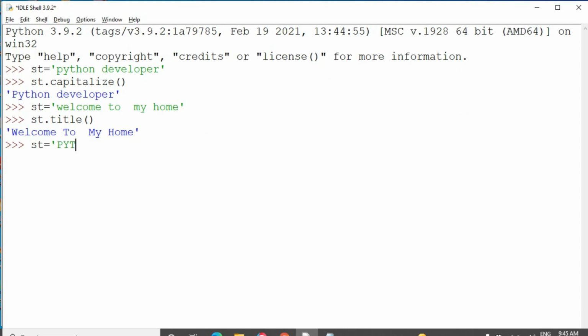I am taking the string as "PYTHON". Now I am applying the lower function, st.lower(). Look here, all the characters have changed into lowercase format.